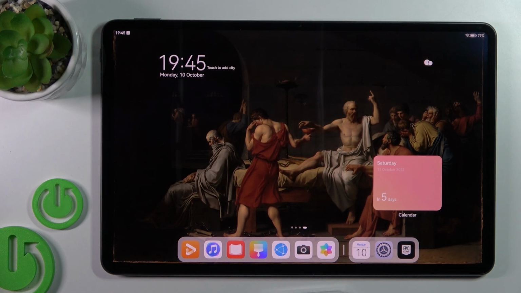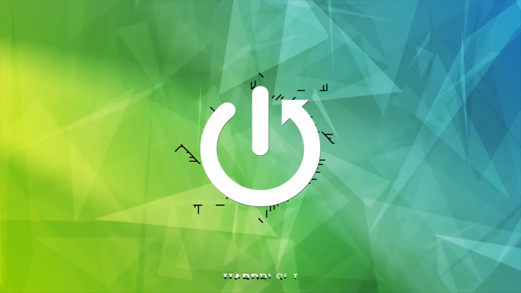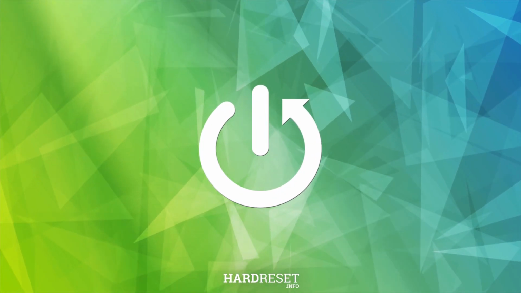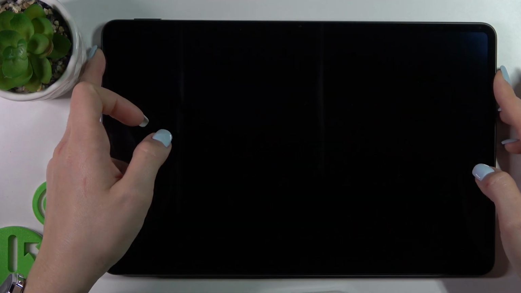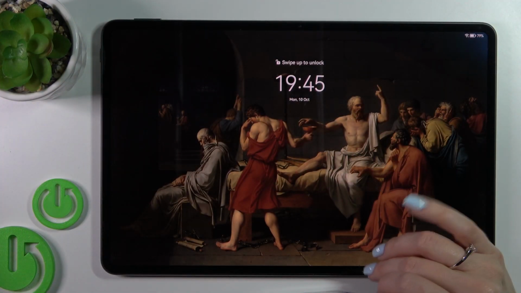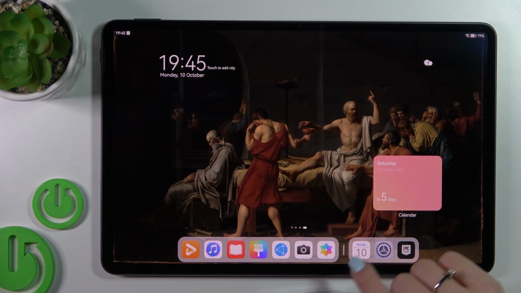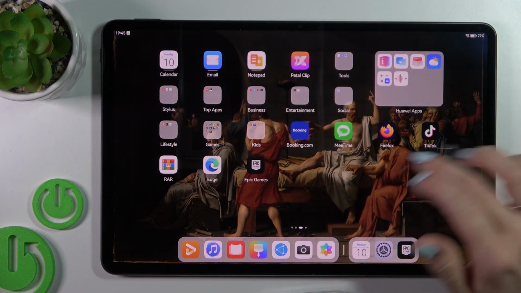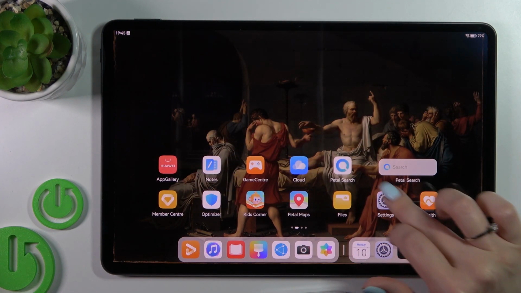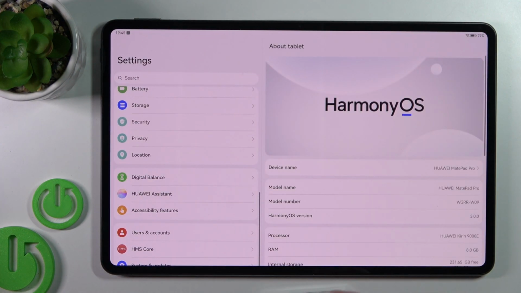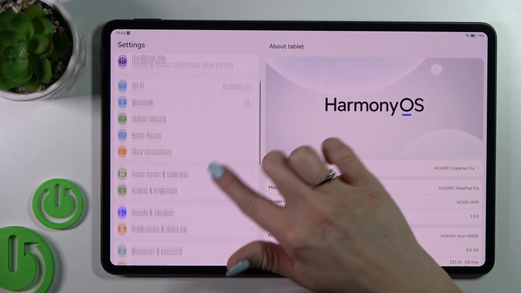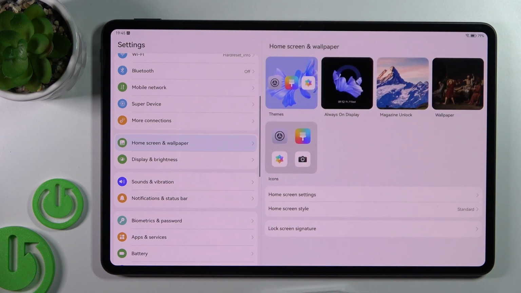Welcome to the in front of me HUAWEI MatePad Pro, and I'll show you how to change lock screen wallpaper on this device. So now let's check the current wallpaper, and to change our lock screen wallpaper we should first open the settings, and after that tap on the home screen and wallpaper